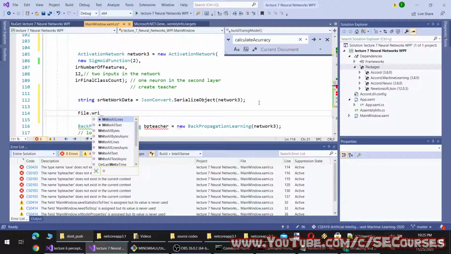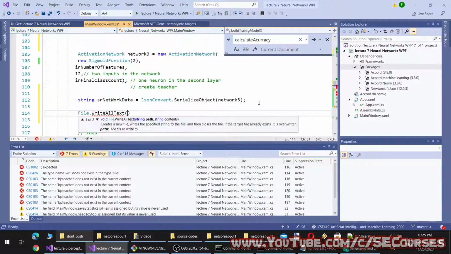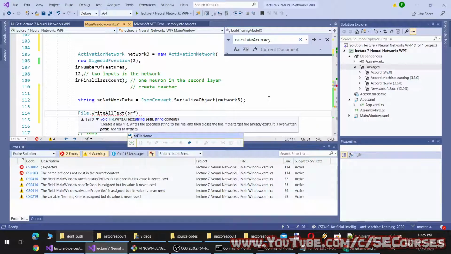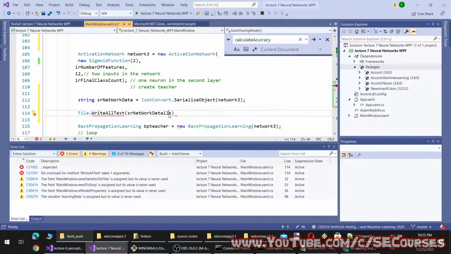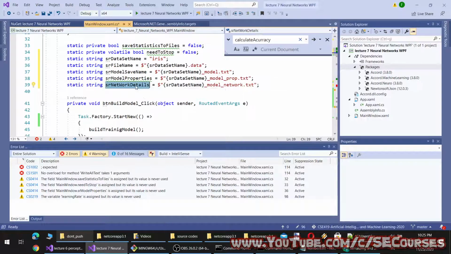Of course, there's no file.save, and the path will be SR network details, or let's make it SR network details path, so it will be more understandable.